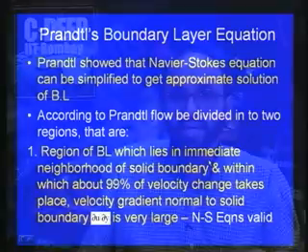So Prandtl divided the flow into two regions. One is the region where the boundary layer formation takes place, that is, as per the definition we have already seen for the boundary layer, where the velocity change is 99% up to that thickness, which is the boundary layer thickness that we define. So this is the first region where the boundary layer thickness is concerned. In that region Prandtl showed that the Navier-Stokes equations are valid and we can directly apply